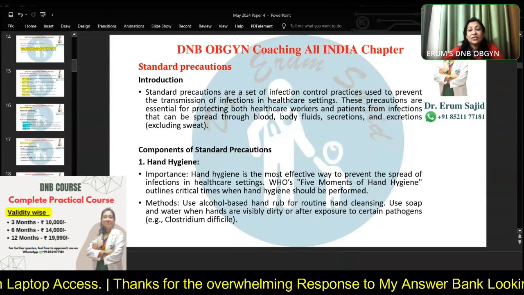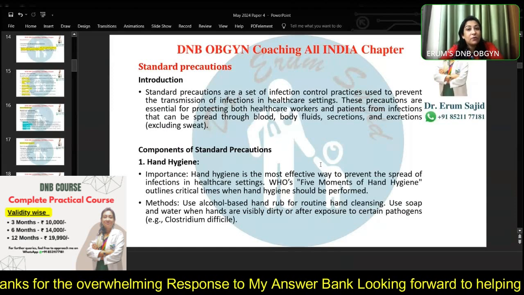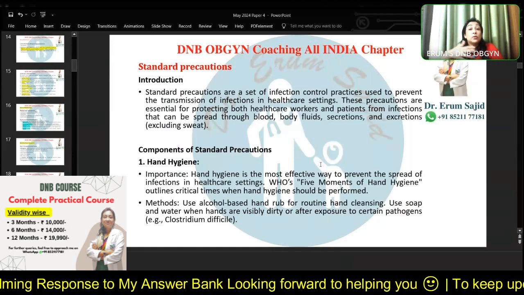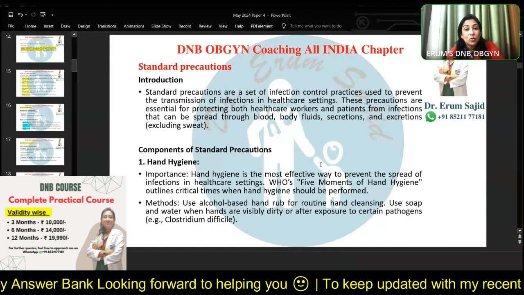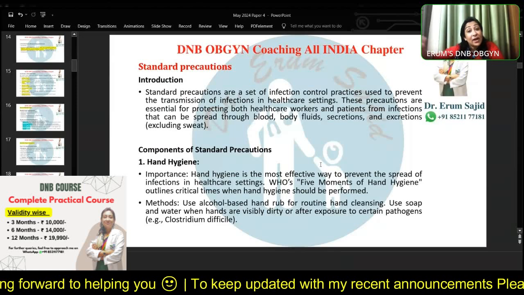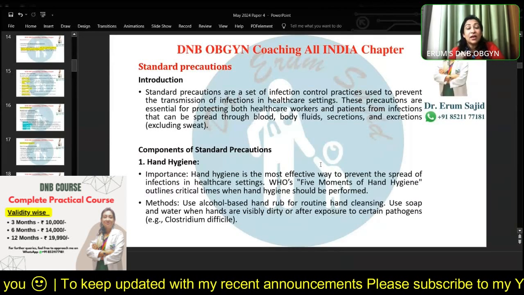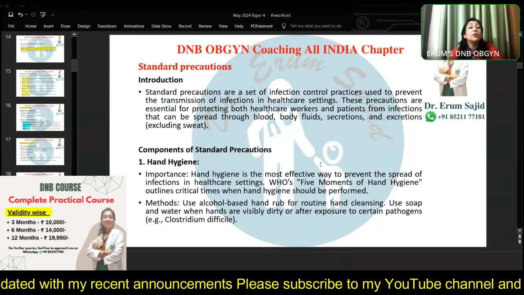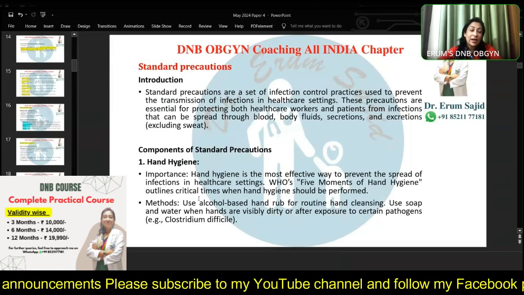So hand hygiene is one of them. 5 moments of hand hygiene, alcohol-based rub. It's like in the spinal level of everybody who's been working in one of those NABH accredited hospitals. When you enter, you wear the shoe covers. Then you rub your hand with a sanitizer. Every bed has a hand sanitizer. You touch the patient, you use a hand sanitizer. Before leaving, you use a hand sanitizer. And by the end of the day, your hands are literally corroded with so much scrubbing. Correct. Now, of course, hand hygiene is important.